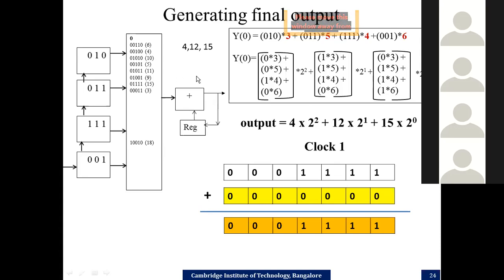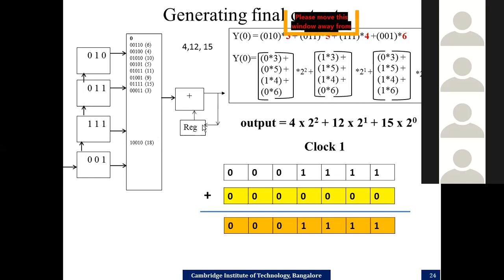Now what we do at the output stage of the LUT, you have an adder at the top and an accumulator at the bottom. This accumulator or the register will be initially reset to zeros. Now 15 comes out of the LUT. 15 is 0001111. So in the first clock cycle, since 15 is coming out of the LUT, add it with the content available in the register, which is initially 0. So 15 plus 0 will give you 15. This is the output you get at the end of the first clock cycle. That output will be stored back into the register. So the register now has 1111, that is 15.